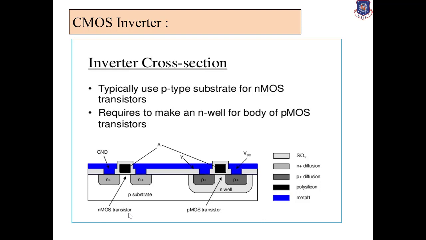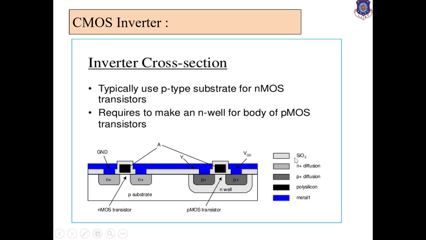Actually, this is nothing but the E-MOSFET. We have studied the E-MOSFET, that is the enhancement MOSFET, in detail in previous lectures, right? There are also two types, N-channel E-MOSFET and P-channel E-MOSFET. And this is nothing but the CMOS, the combination of NMOS and PMOS. So this is the N-well, and the P plus regions are heavily doped regions like in the E-MOSFET, right? This is known as the PMOS transistor. So this is the combination of NMOS transistor and PMOS transistor.